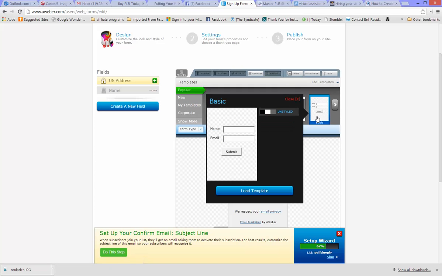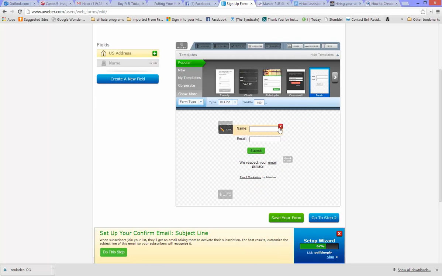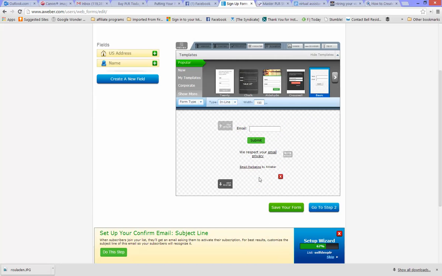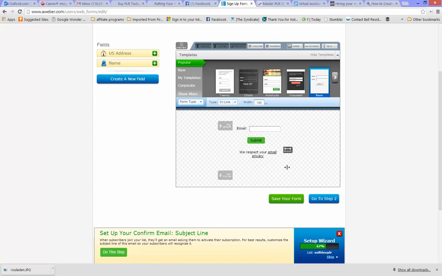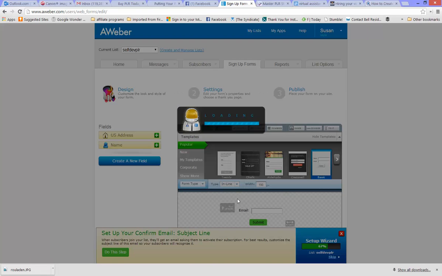When I'm doing it this way, I just usually pick the basic one, load the template. If you don't want the name, I've not been doing the name anymore. So click that off, and I take this out here, and like I said, for this particular purpose it doesn't matter whether you have this on or not. So I'm taking everything out, save the form,